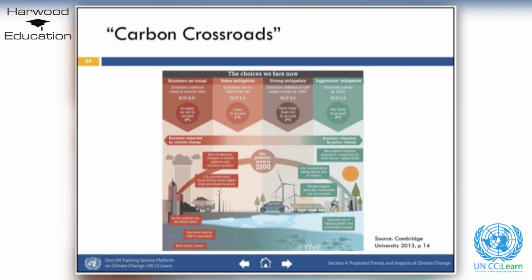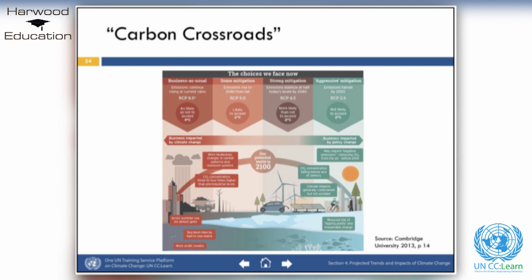Because we cannot tell exactly how much carbon dioxide we will emit in the future, different scenarios exist for what global temperatures will be at the end of the century. These scenarios range from 2 degrees centigrade, the blue line, RCP 2.6, to nearly 5 degrees centigrade, the red line,